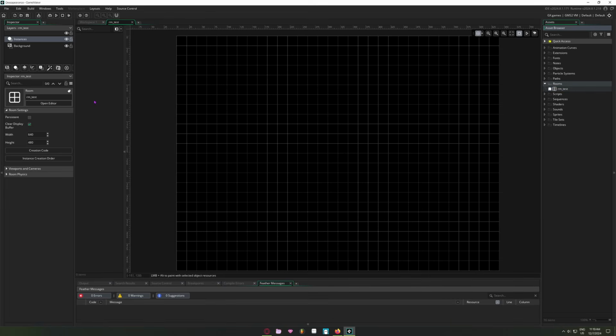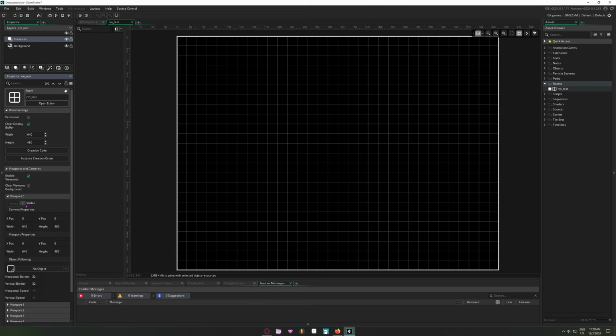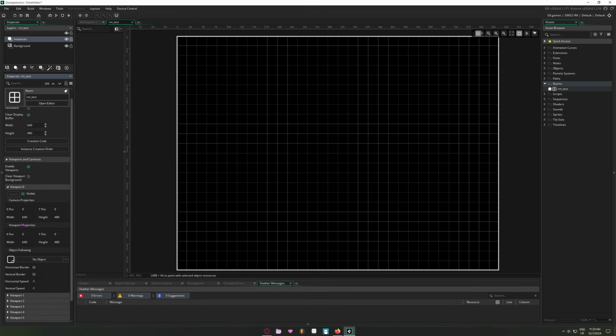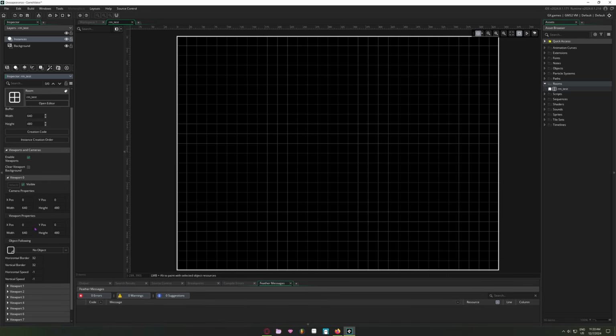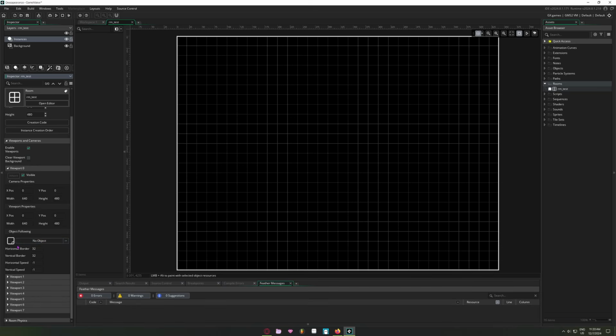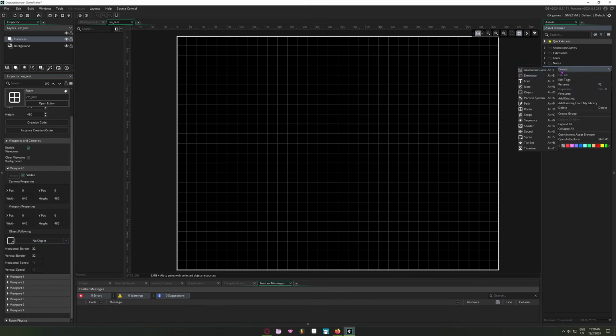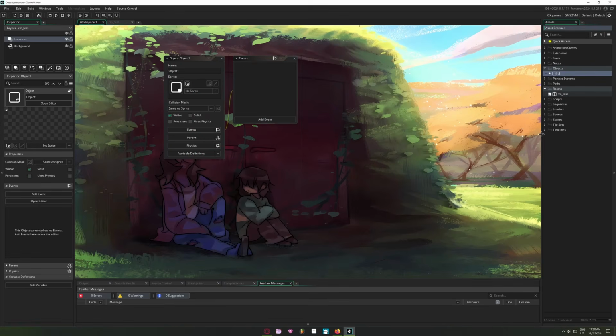Yes, and this reminds me that another thing we need to do, whenever we create a room, is make sure we click enable viewports, and under viewport 0 we click visible, and we want camera properties 640 by 480, so the Deltarune resolution, and viewport properties we want to keep the same too. And so this object following will be for the player, so let's actually create object obj_player,